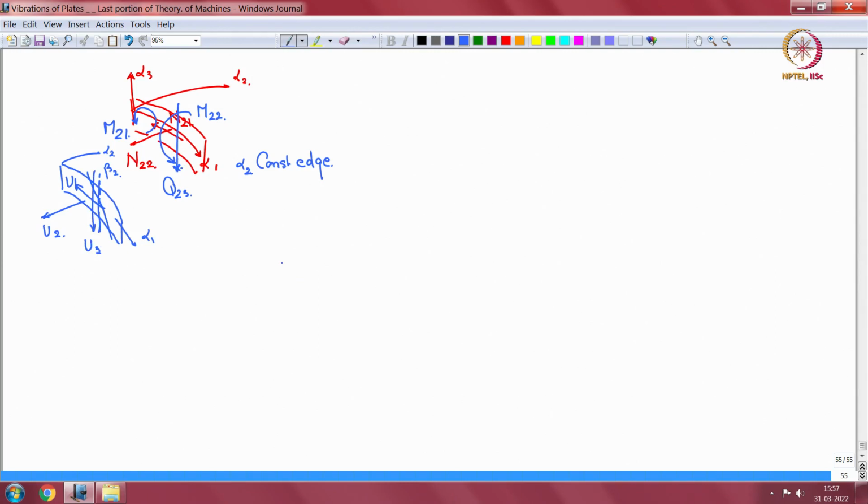Then M21, this M21 is associated with the in plane beta 1 here. Beta 2 moves out of the plane or out of this surface, beta 1 is in the surface. So now if we look at this boundary term,